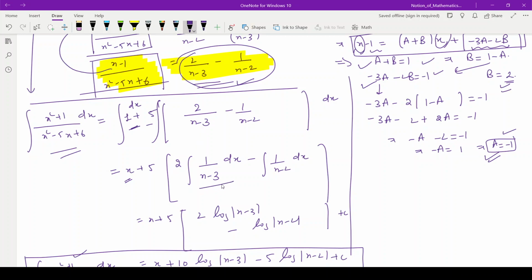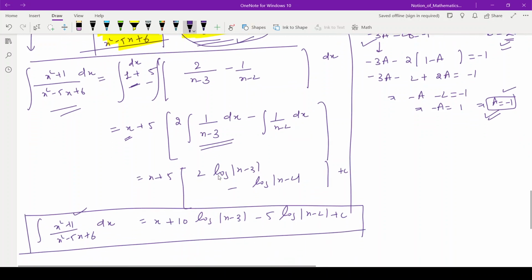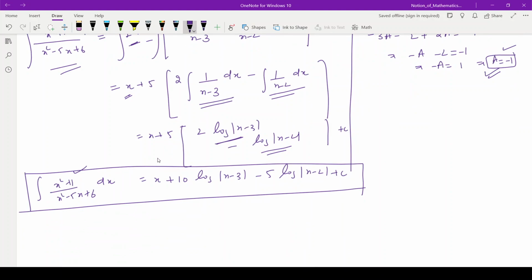Integration of 1 upon x minus 3 is what? It is log mod x minus 3, and integration of 1 upon x minus 2 is what? It is log mod x minus 2. So that is why we can write it here like x plus 5 into 2, that is 10 log mod x minus 3 and minus 5 log mod x minus 2 plus constant of integration, and ultimately this is the value of